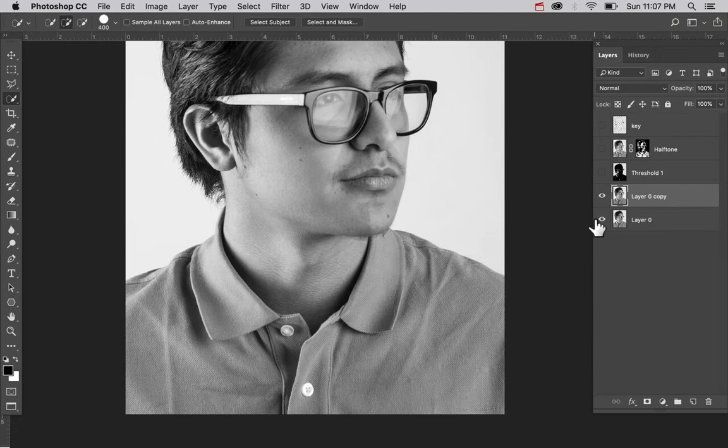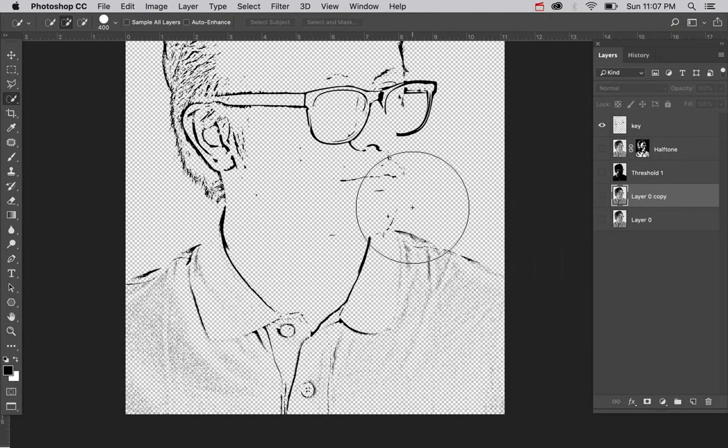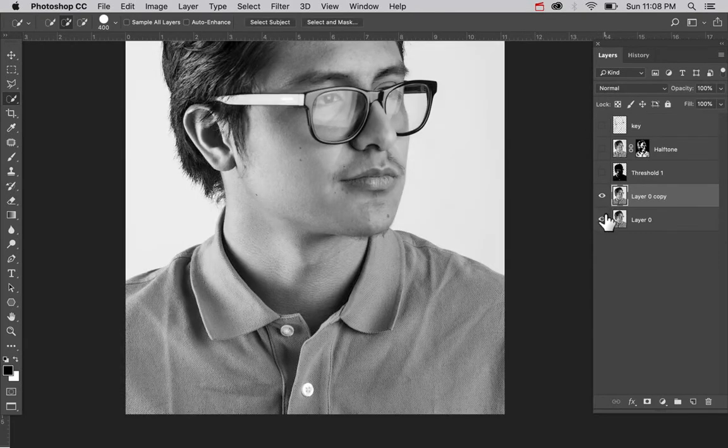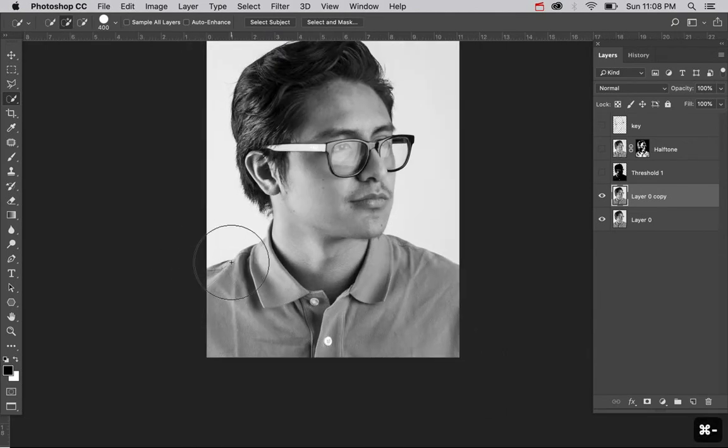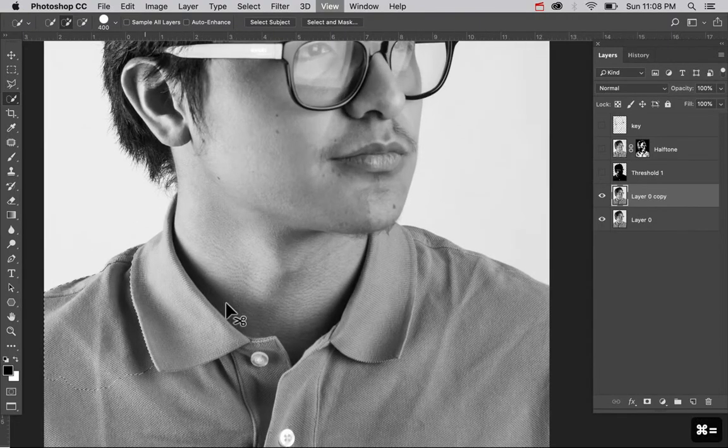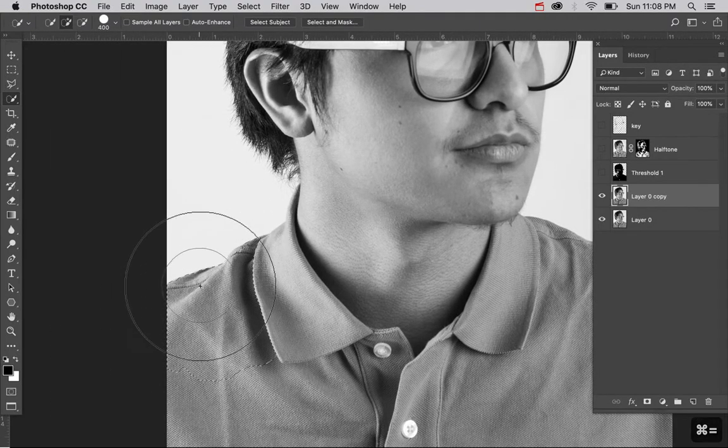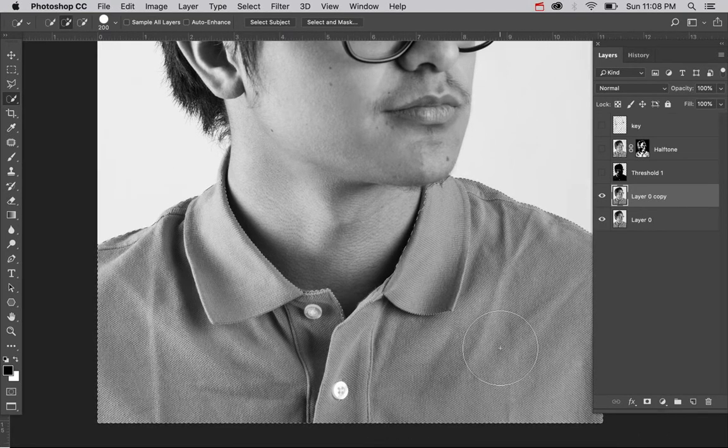Since we're working in such high contrast edits here, such as the halftone or the key images, it really won't matter if the selection isn't perfect. But the way that the Quick Select tool works is that it's going to seek high contrast areas. So when I click with the Quick Select tool, it's going to automatically find the high contrast area of shirt against background. Since this is a high contrast black and white image, I should be able to pretty easily click and drag that Quick Select tool right along the edge of my subject here,